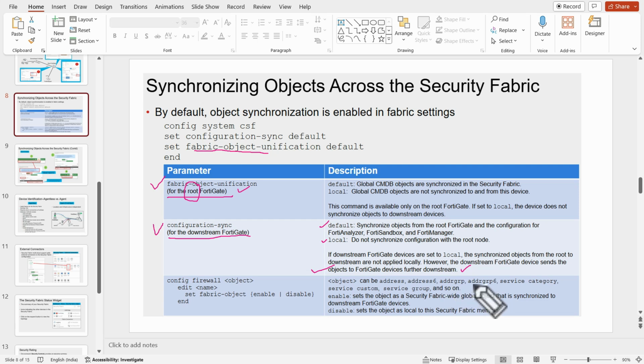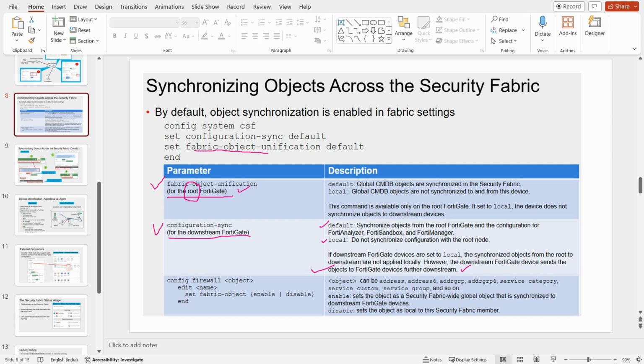Basically these are the object types, like service, network and so on. Enable sets the object as a security fabric enabled global object that is synchronized to the downstream FortiGate device. Disable sets the object as a local security fabric member.